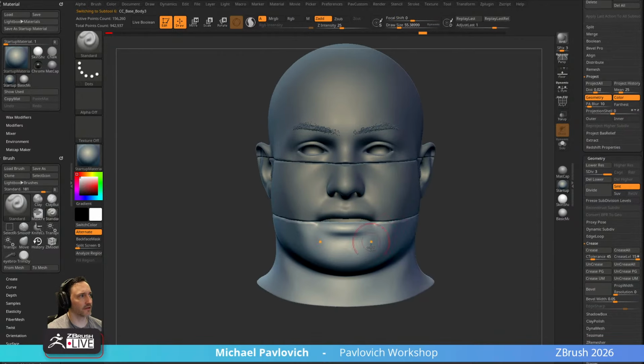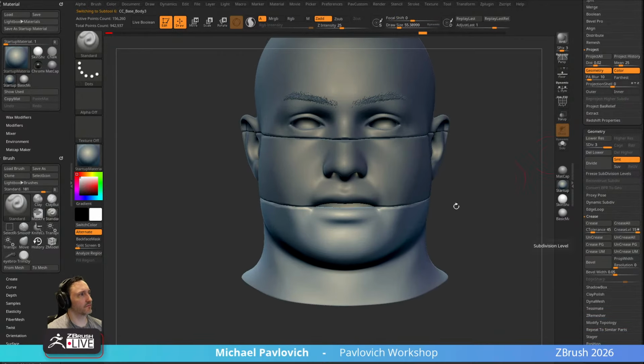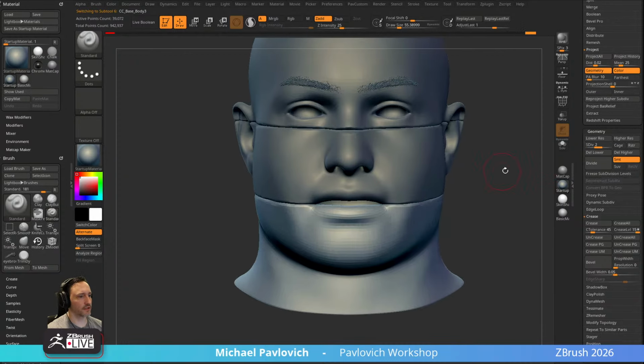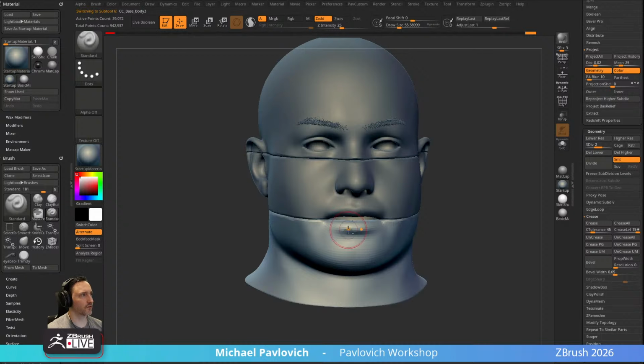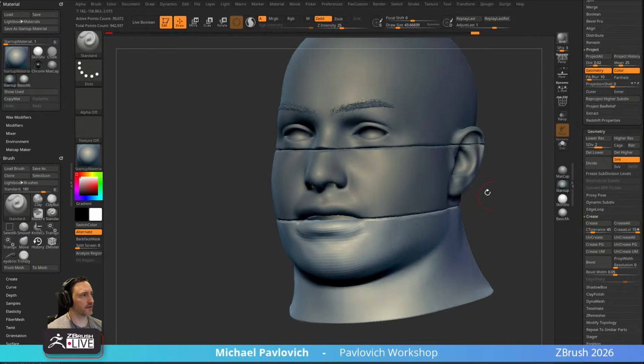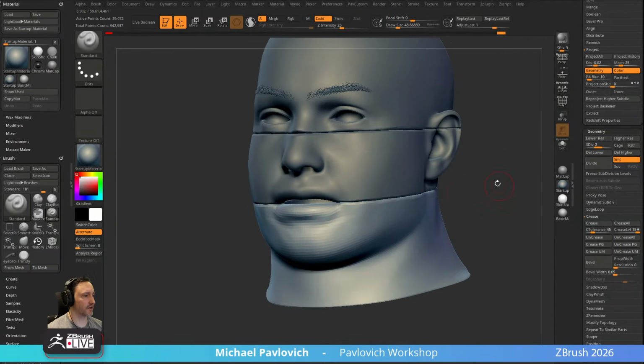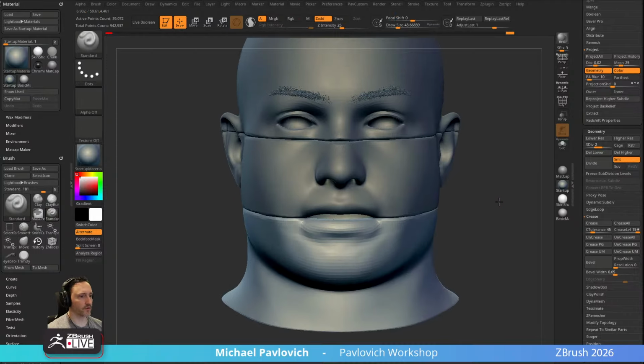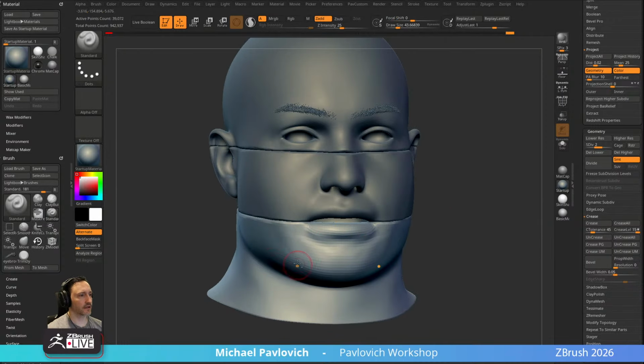So I'm just going to go in here, and this is detail subdivision level 3, so let's drop down to subdivision level 2 and do just a little bit of general form work. I'm going to match the face a little bit. Our lazy radius by default on our standard brush is set to 1, and that's fine in this case. He's got kind of a floppy,